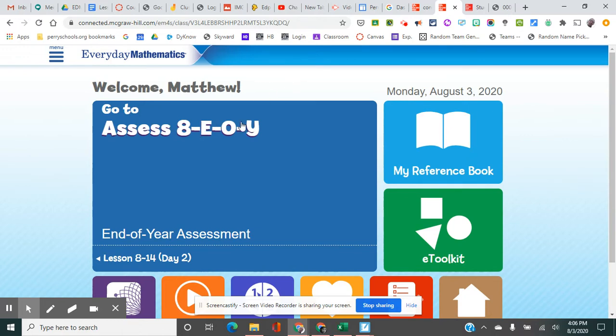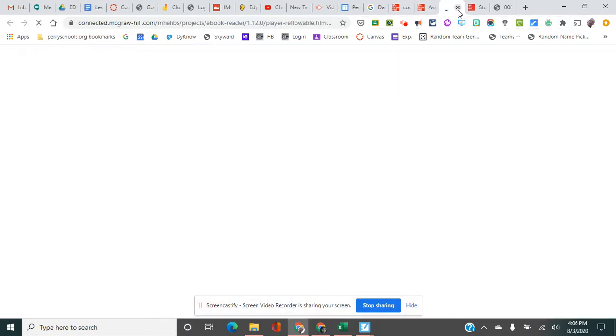Now, it might not have the same lesson here. It definitely won't have the same date, but hopefully it has these icons, these tools. You're going to choose the one today here called My Reference Book. My Reference Book. So you're going to click that one. And when you do that,